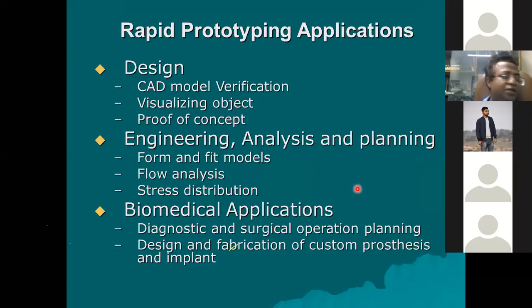These include design applications, analysis and planning applications. It has various biomedical applications. I told you yesterday that doctors can do surgical operation planning using the models. You can develop different kinds of prostheses and implants for patients. So that is the kind of advantage we have in biomedical applications with 3D printing.